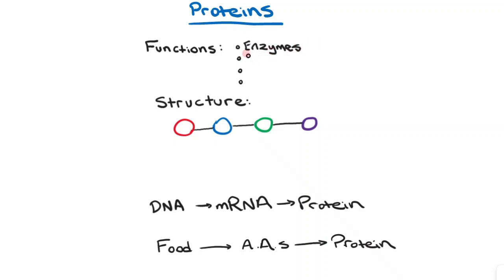All right, so the next function is a structural function. And this just means that proteins give the cells their shape, their structural integrity. They sort of act as a scaffolding for the cell, okay? And then we have a mechanical function, or you could even say a motor function. And this just means that proteins allow the cell to create movement, to contract in the case of muscle cells, and also to move things around the cell, okay?